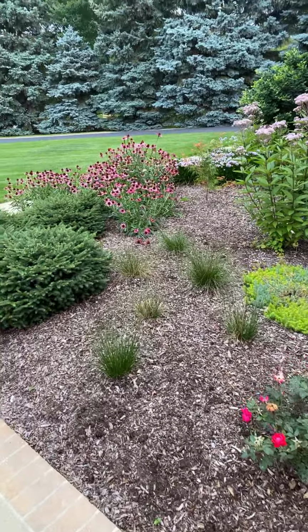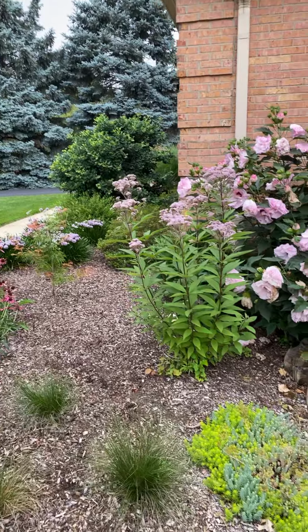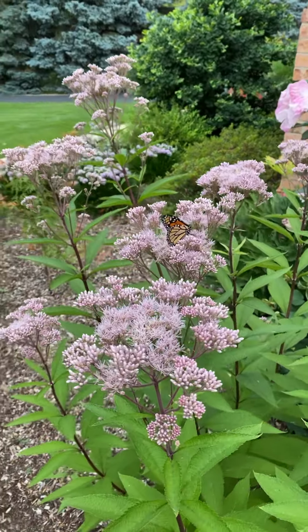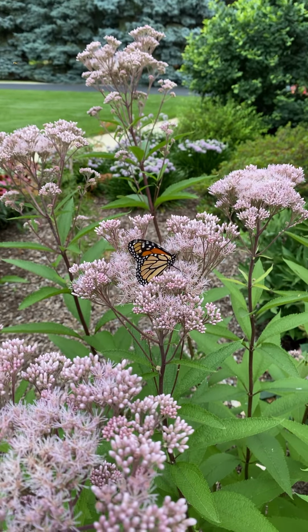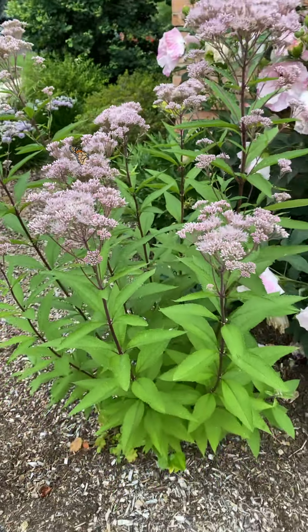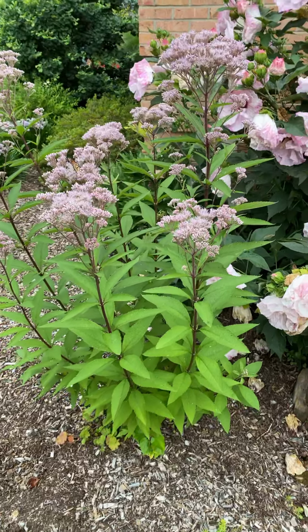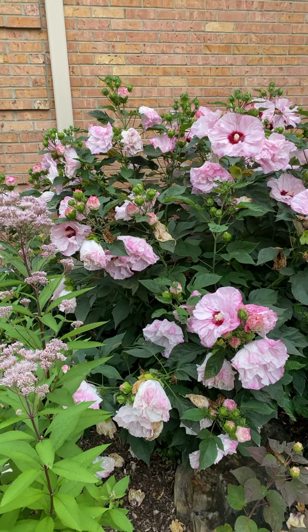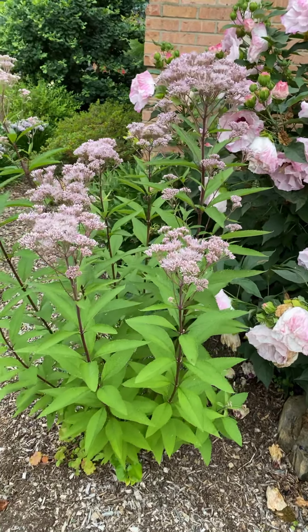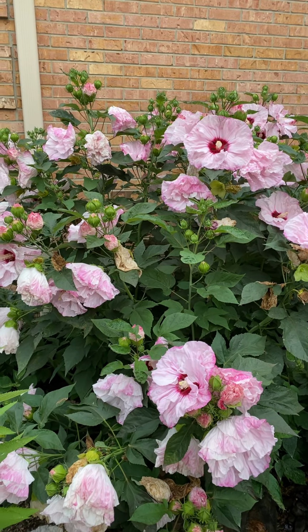As I come around, I can see that we have a monarch on my pieweed. Yeah, so we'll just kind of check him out. This pieweed actually just seeded itself over here. I didn't plant it here, but I love it, so I let it go. It is a nice contrast. The foliage and the flower, that kind of smoky little flower, is really nice next to these massive flowers